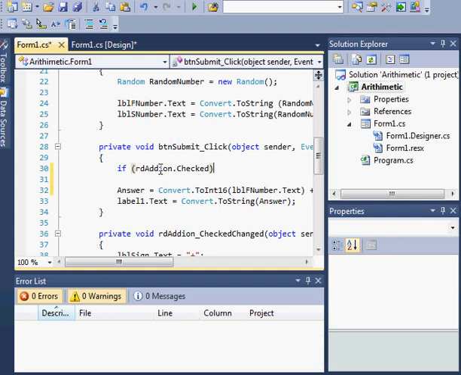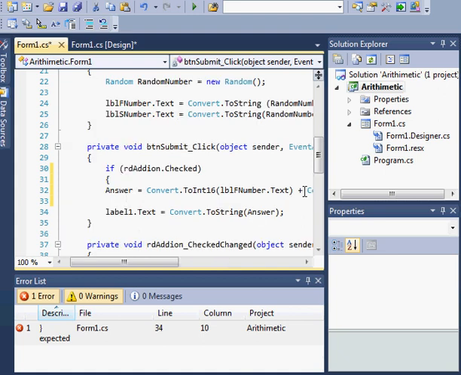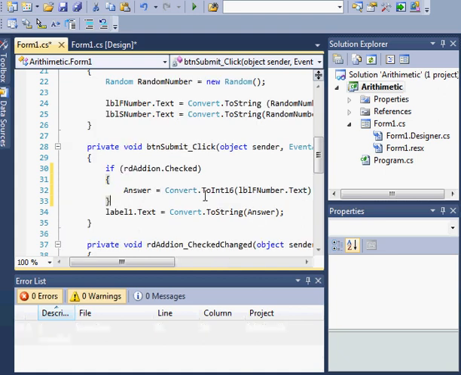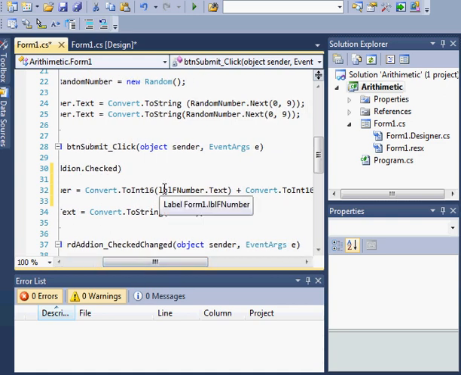If radio button addition is checked, then we shall do this below here. Then answer should equal to label 1 plus label 2. Otherwise,